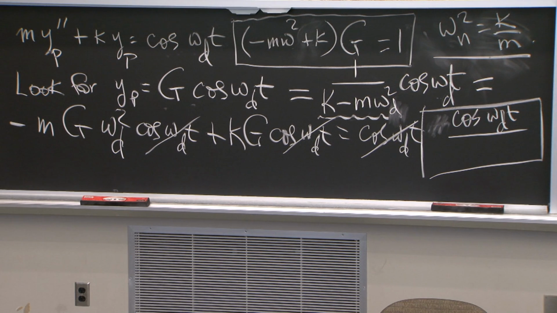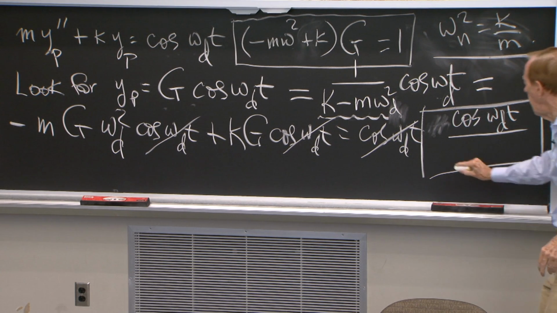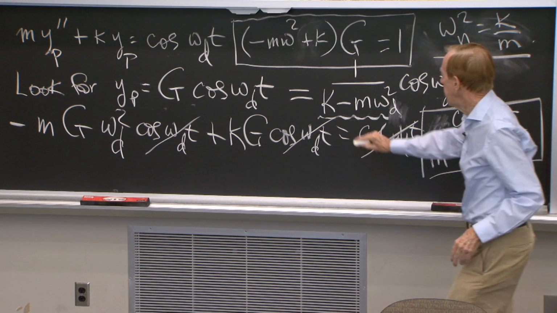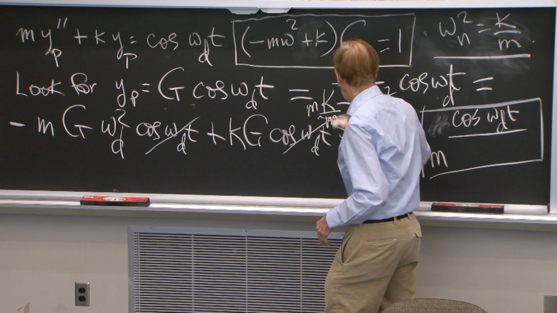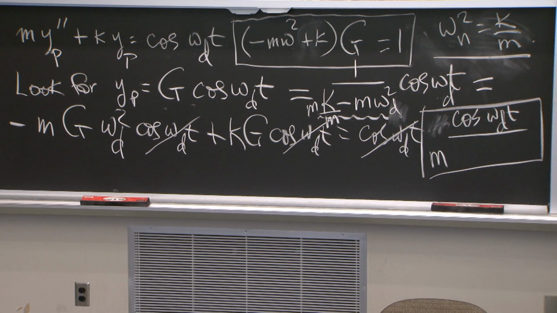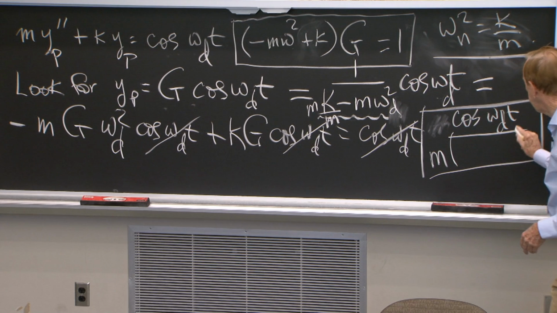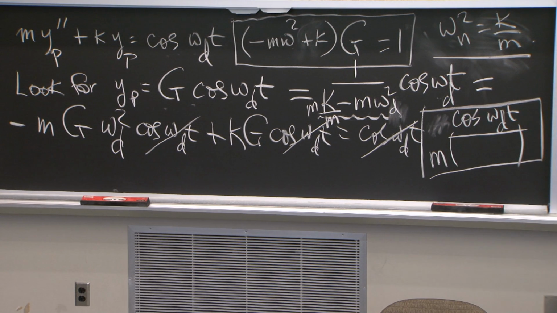So I want to take out an m. So I'm going to write this as m times k over m. Safe to do that. Now I have a factor m that I can bring out, and what is m multiplying? That's the neat thing. What is m multiplying? K over m is